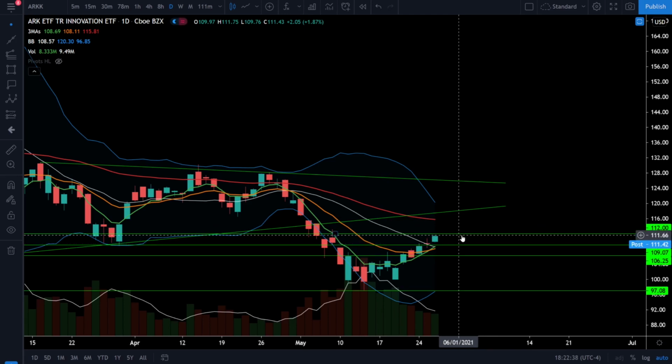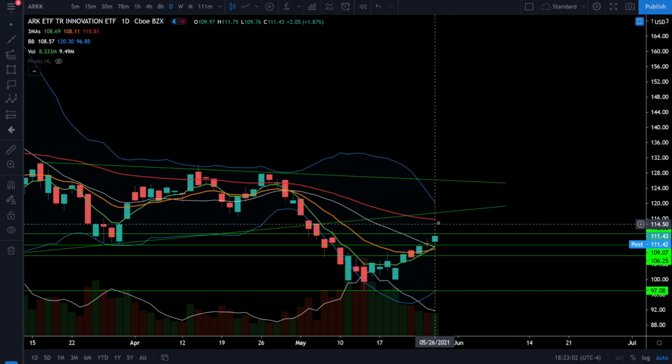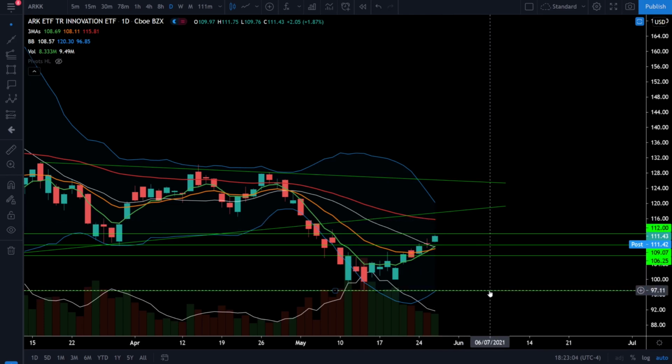However, that doesn't mean ARKK is out of the water just yet because we still have resistance at 112 and that 50 EMA resistance right around 115.7. Remember, ARKK is still in a bear market because the trend is still bearish and we're still trading below the 50 EMA. So look for strong resistance at 112 and right around 116 because if the price action fails to break above the 50 EMA, we're just very likely going to continue to downtrend and possibly try to double bottom